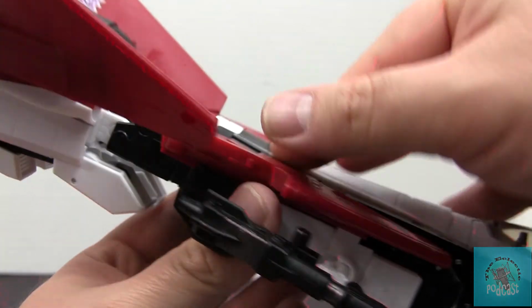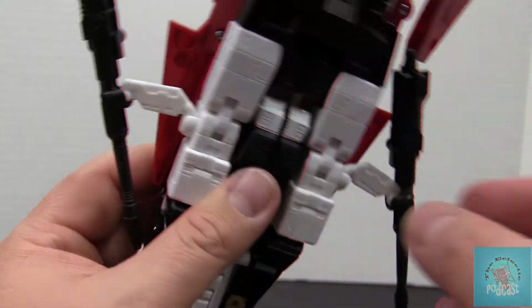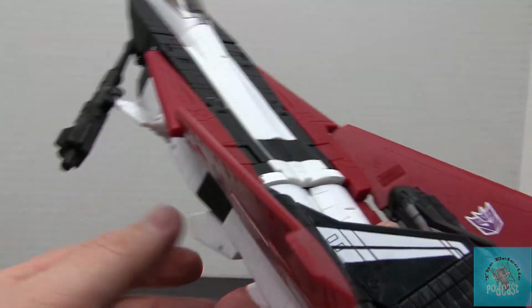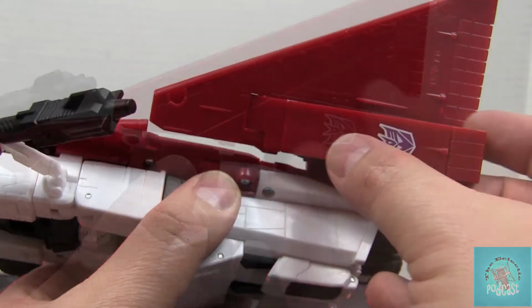Make sure everything kind of pegs in the way it's supposed to. See how that goes nice and flush? You got pegs all along there that'll keep everything kind of in its place. Collapse this whole section forward. And then before we flip those down, what you want to do is come in here, open this up, and